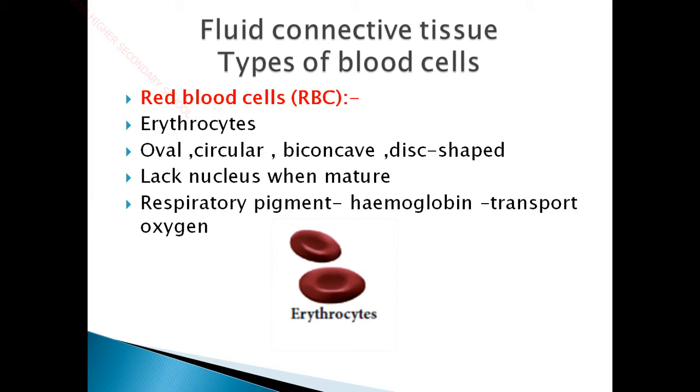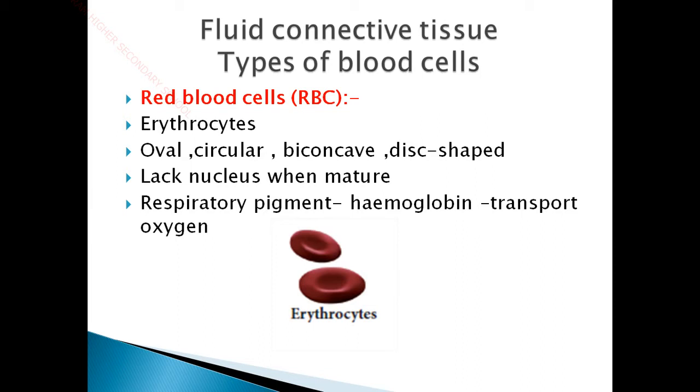So do you know where the red blood cells are formed? They are formed in a region called bone marrow, which is present in between the bones. We know about the functions of bones, such as forming the skeletal framework, being used for locomotion, and protecting the internal organs. In addition to that, the bones also contain a soft tissue called bone marrow, which is mainly meant for the production of red blood cells. So red blood cells are mainly formed in the bone marrow region.